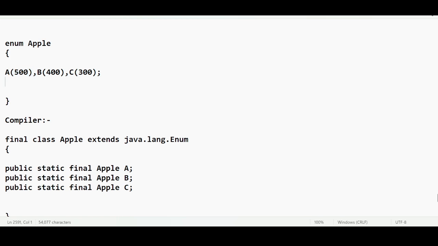Along with the constant, there is a specific value, representing the price of the apple. Price of A grade apple is 500, B grade is 400, C grade is 300. This needs to be converted internally by the compiler. So the compiler is going to use the new keyword followed by a